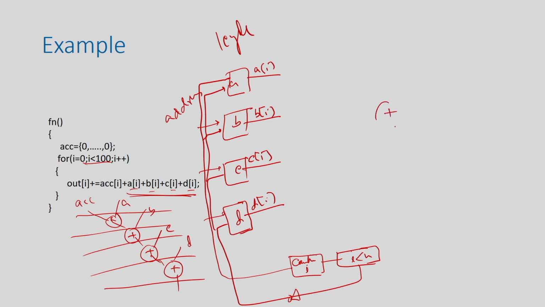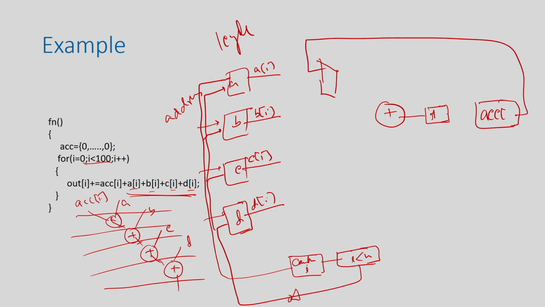So, let us say I have one adder. So, what is the input? The left input is basically that accumulator, so basically here this is accumulator I, right. So, I am updating the accumulator I, but what I can do is I can store this register in a temp register, right. So, this is my temp register, and then I have a mux which will select between this accumulator or this temp, right.